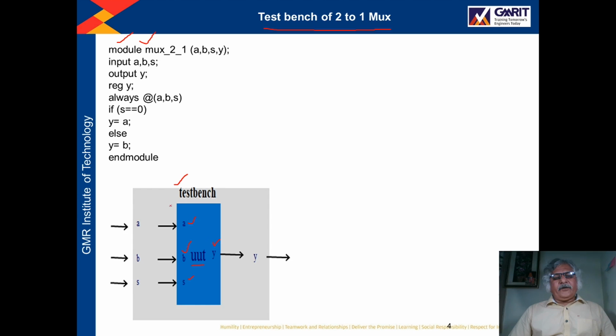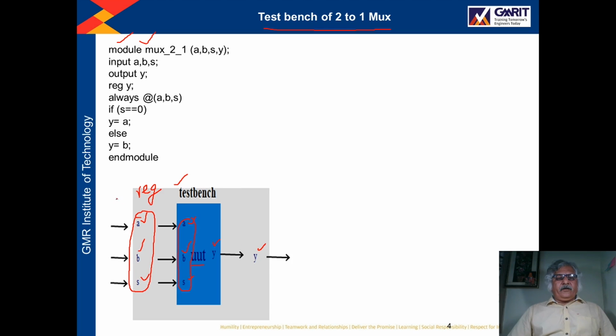So for my test bench, I am using the same names of the ports which this unit under test has. So here we have one port A, another port B, another port S and another port Y. So these are the ports of the test bench. Those ports of the test bench which are associated with the input ports of the unit under test will be declared as reg type in the test bench.